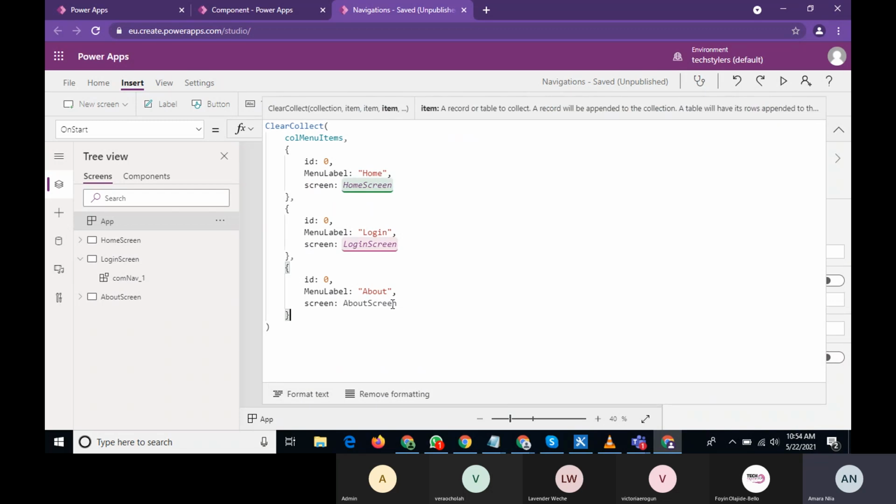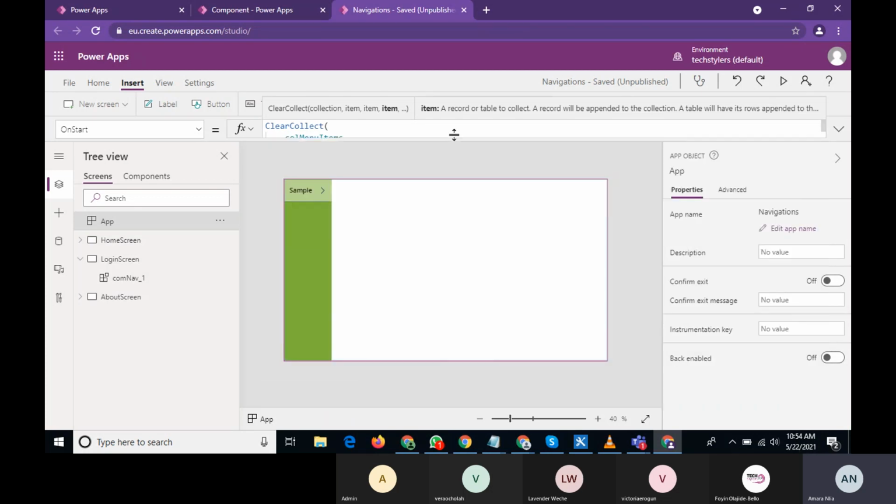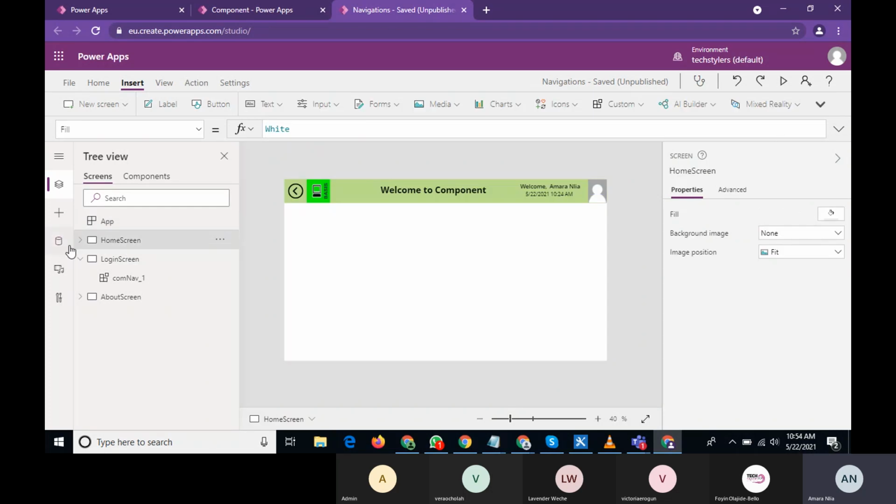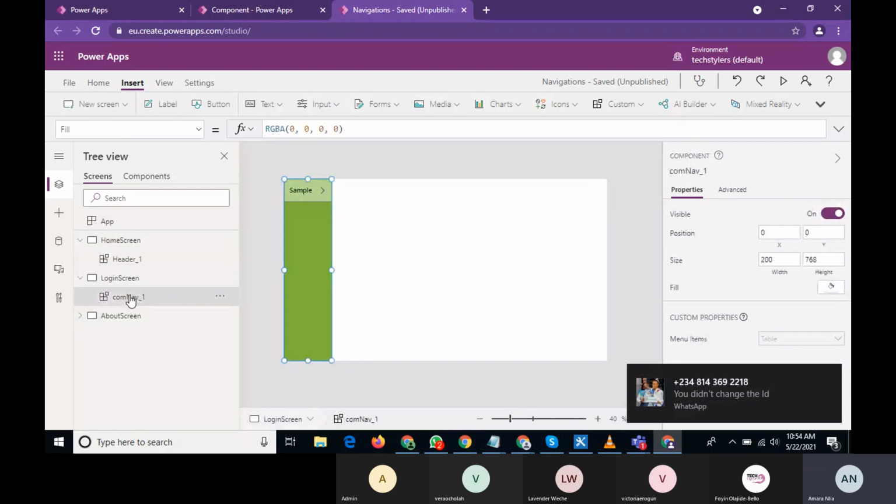Okay. So we've done this. Our next step is, we are done with this. We'll close it. The next thing we do is come to our home screen. Under our com nav in the login screen. So under your com nav,